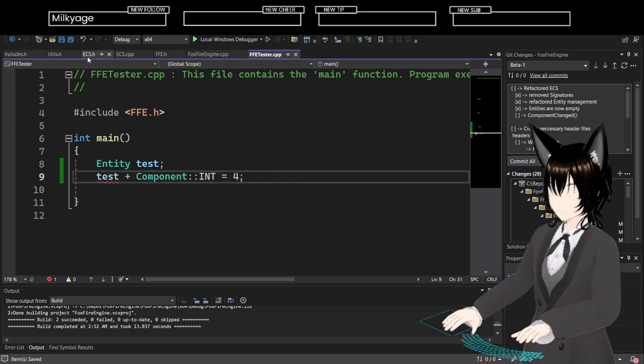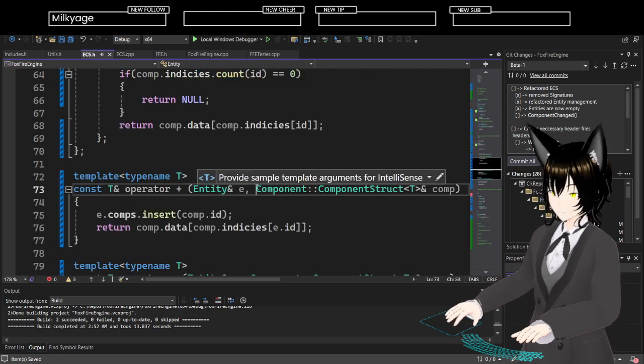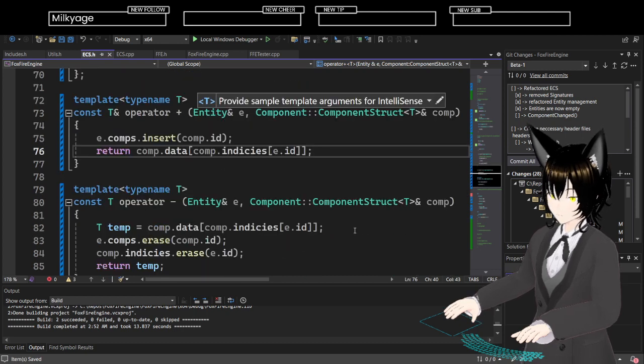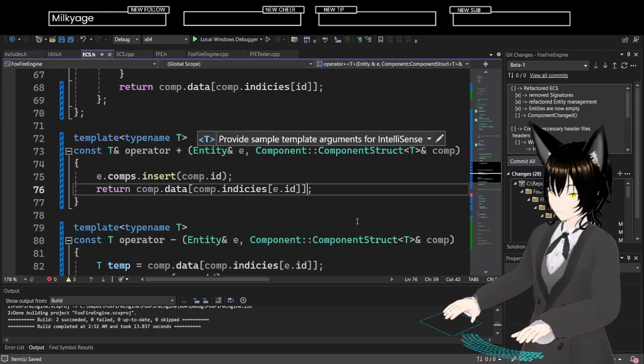So there's something going on here. Okay. Entity. It is a reference. Return a reference to it.